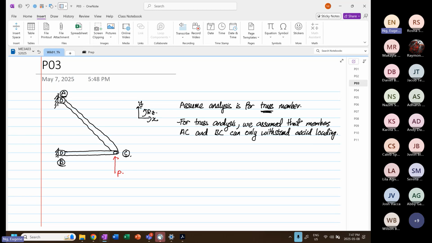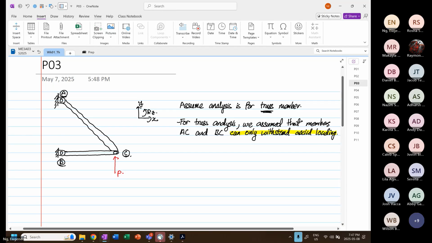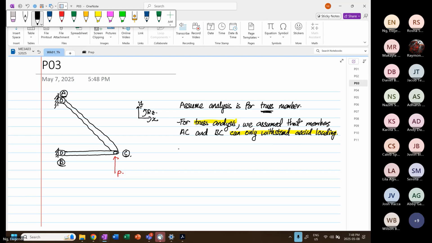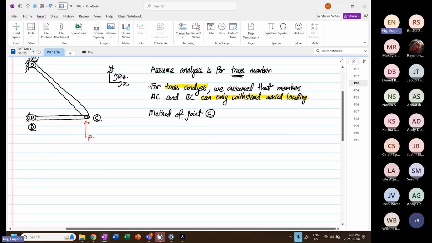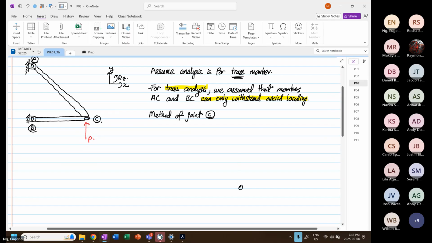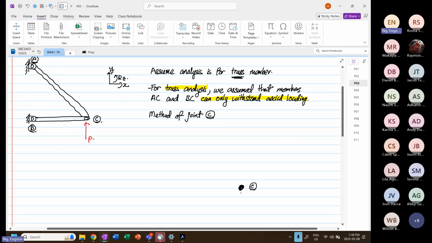Bear with me regarding this term, can only withstand axial loading, whenever we do a truss analysis. Now we are going to apply method of joints, at point C. We're going to see what is going on at point C. We know that at point C we have a load